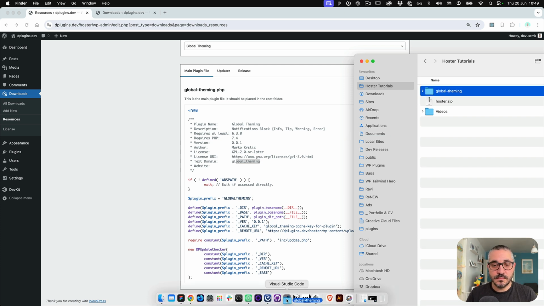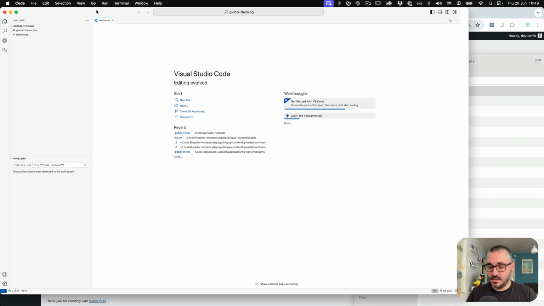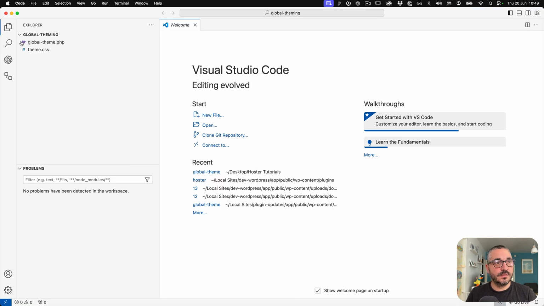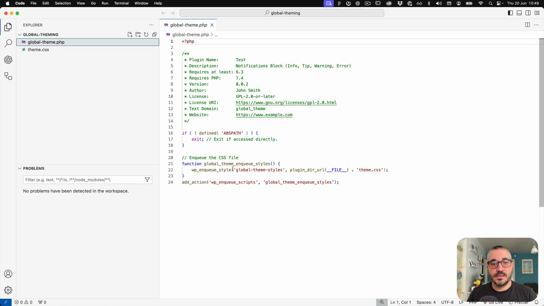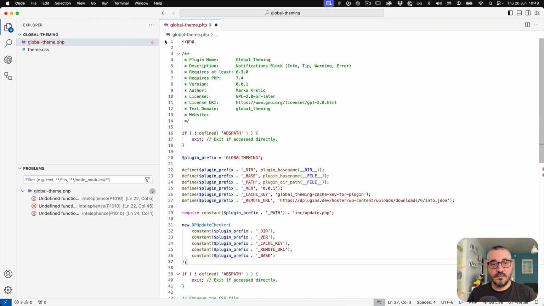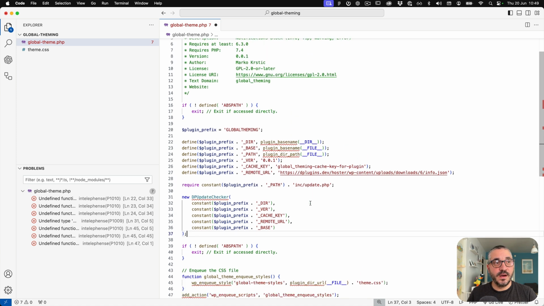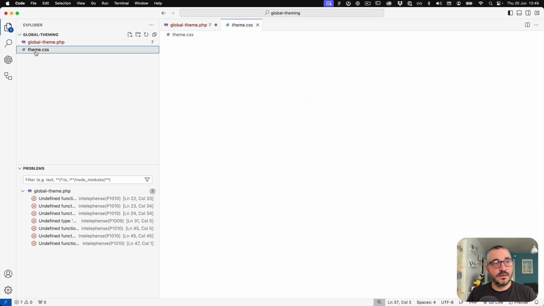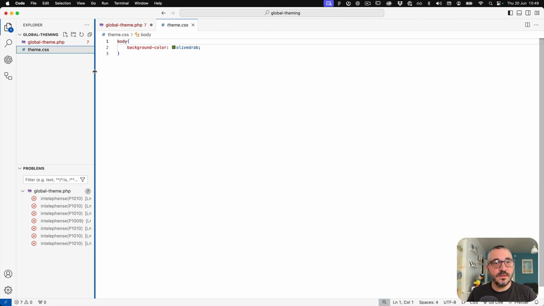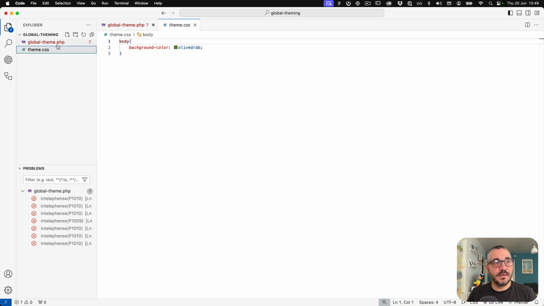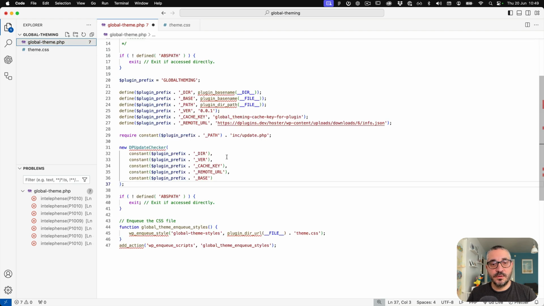test plugin. This one is really simple. Let's just zoom in. So you can see I just added the enqueue, the CSS. We can paste it here, and everything is predefined for you. In the theme CSS, you can see we only have the body, the background color,